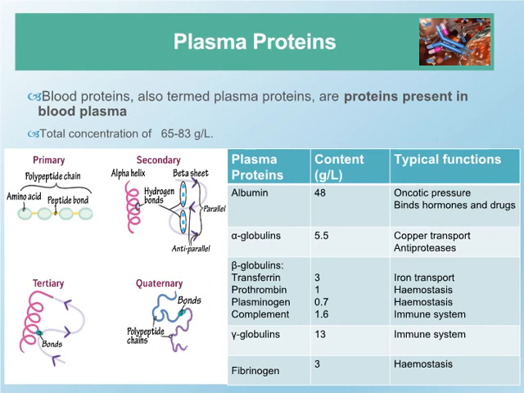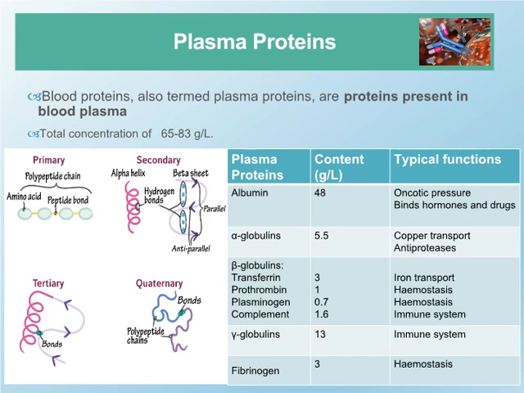Primary structure is simply the sequence of amino acids in a polypeptide chain. Secondary structure refers to local folded structures that form within a polypeptide due to interactions between atoms of the backbone. Three-dimensional structure of a polypeptide is called its tertiary structure. The tertiary structure is primarily due to interactions between the R groups of the amino acids that make up the